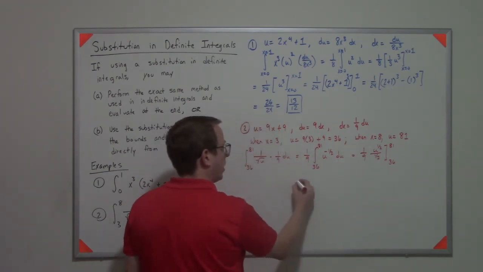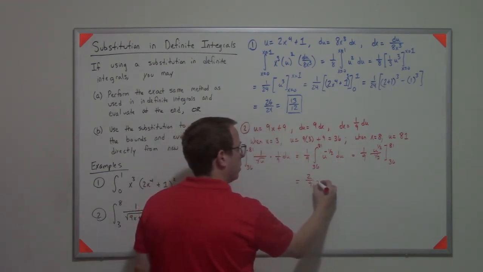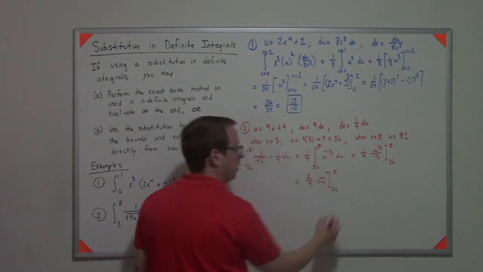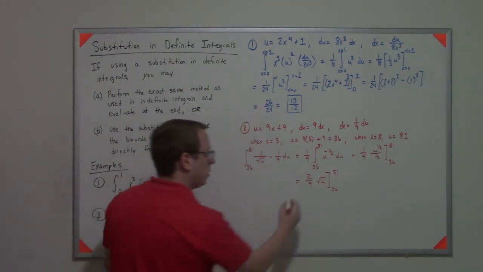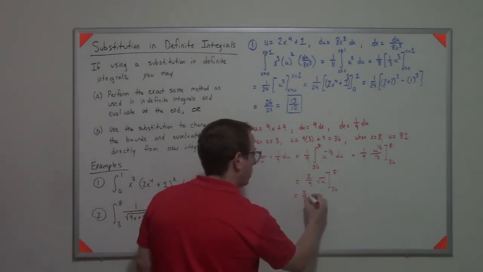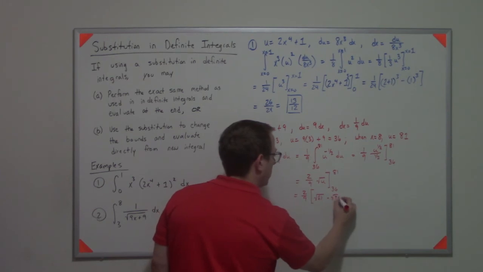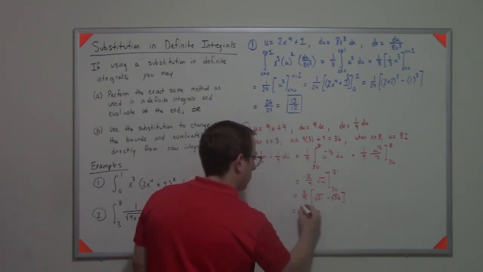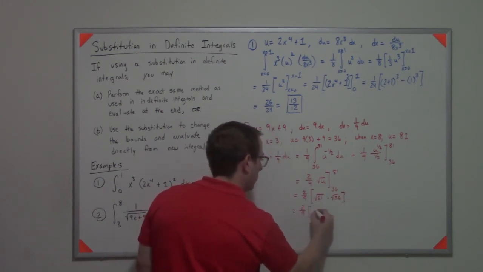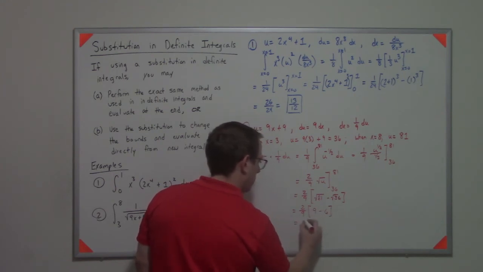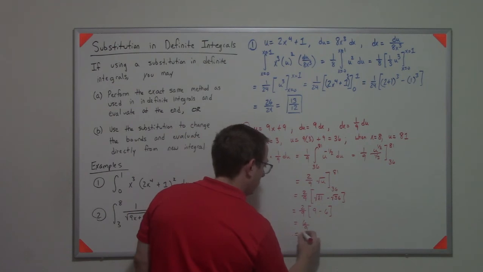So I can rewrite that as 2/9 square root of u from 36 to 81. Then I can write that as 2/9 times the square root of 81 minus the square root of 36. That's 2/9 times 9 minus 6, which is 6/9,